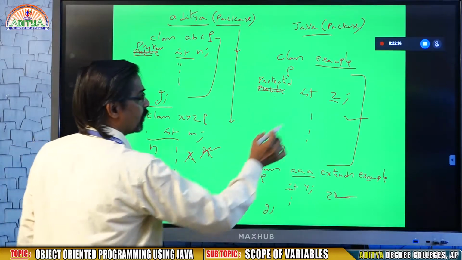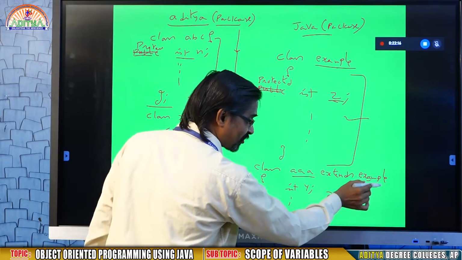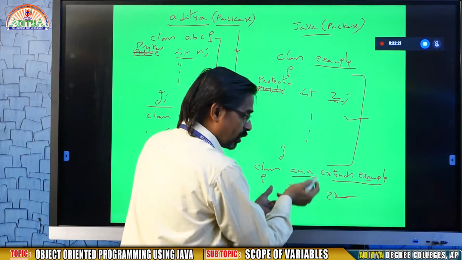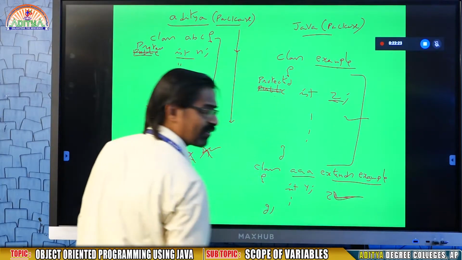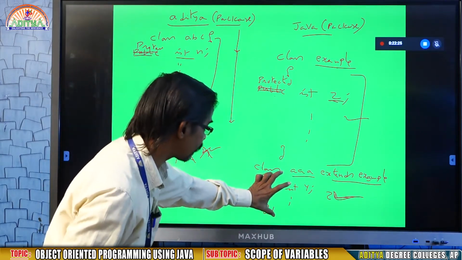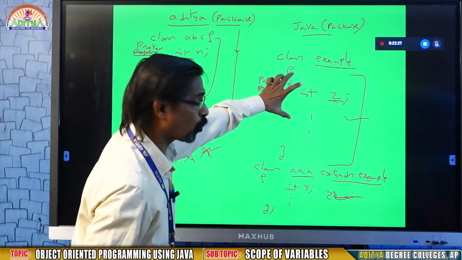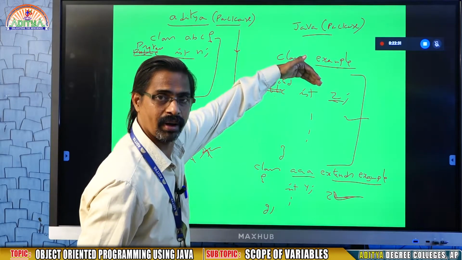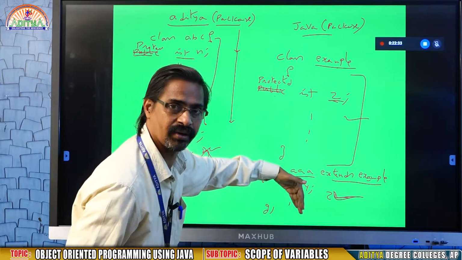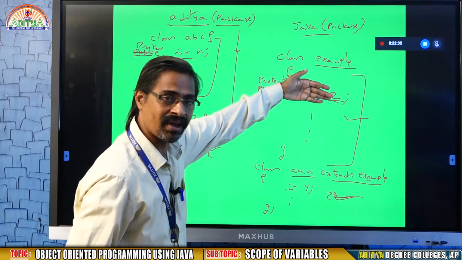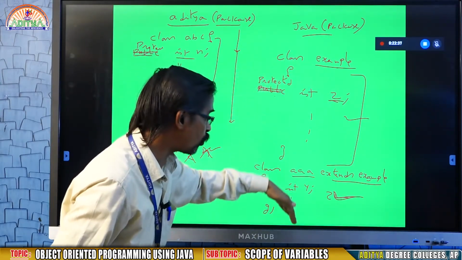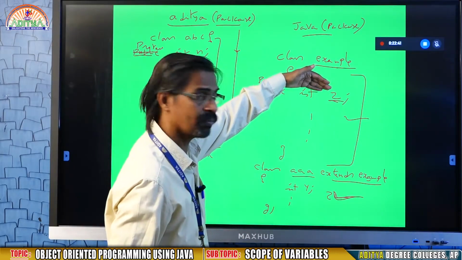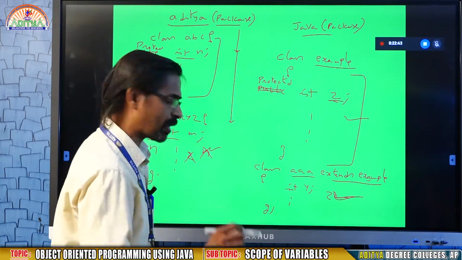In case of subclass, I told you, here I defined Z, but I extended this Example to AA. So now Z can possibly be accessed in this following place. This is called subclass. This is superclass because it is on the top. This item of Example I want to use inside. So what item do you want to use? Example. This is called superclass. Where do you want to use it? In AA. It is called subclass. So a superclass protected item will come into the subclass.